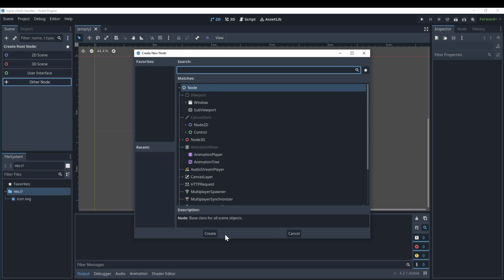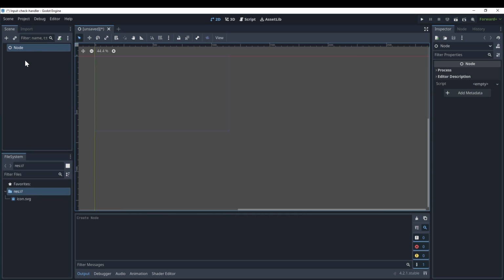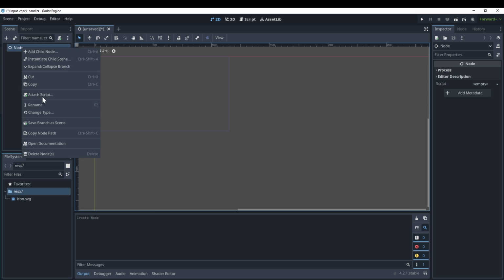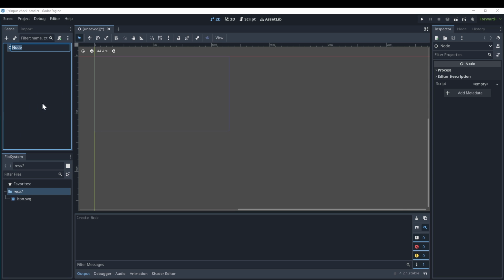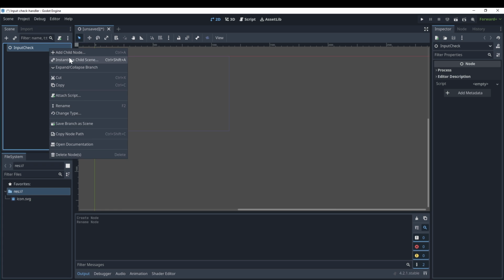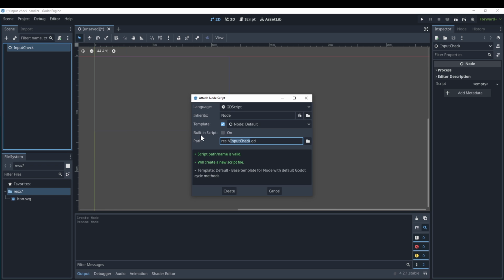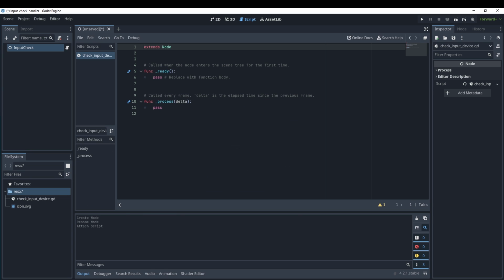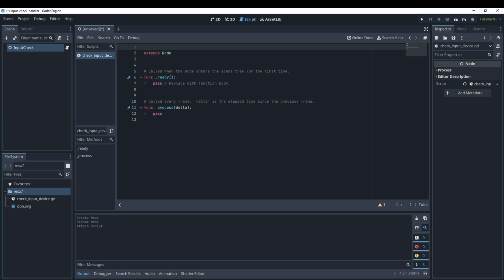We're going to make a basic node with no other features on it. Let us just rename this to input check, and let us add a script to it. We're going to call this script check_input_device. Alright, now within the script, we're going to give it a class name that is CheckInputDevice,